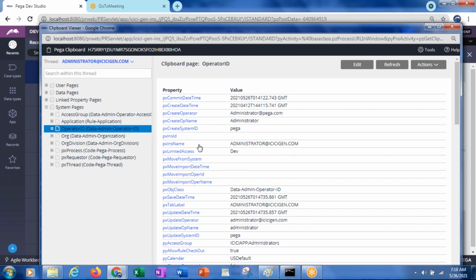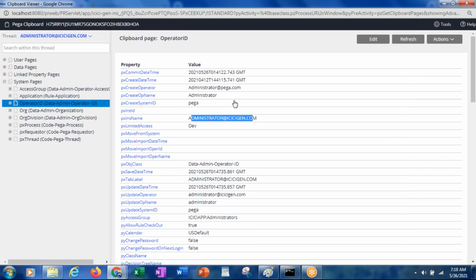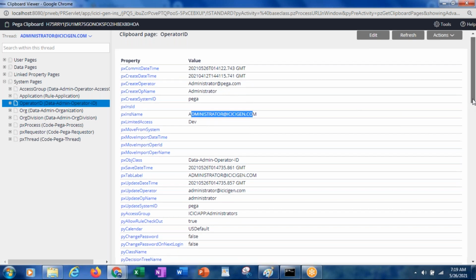See the pxInsName, administrator at icicgen.com. And also pxCreateOperator. That means who created this operator ID: administrator at pega.com. So we created this application through administrator at pega.com, and at that time the operator was created.